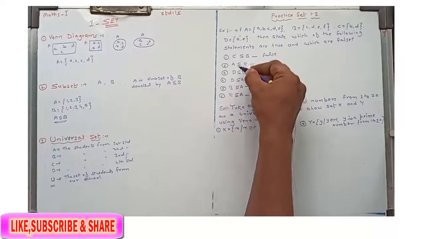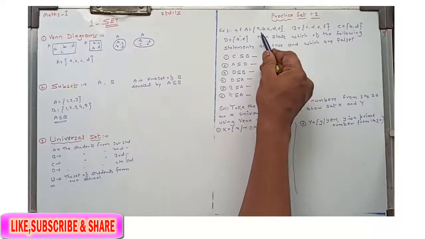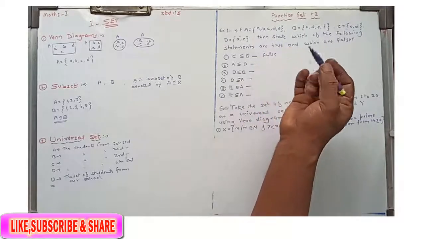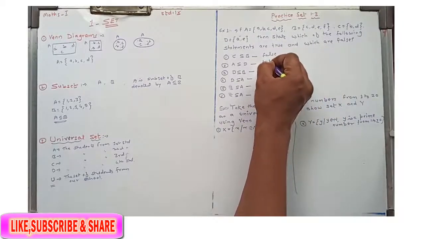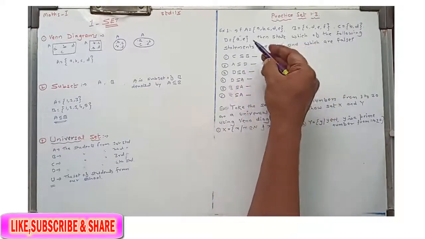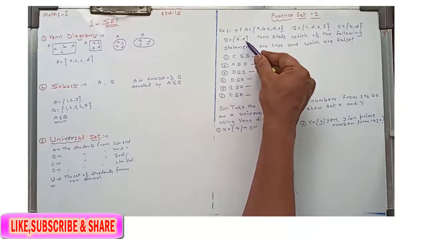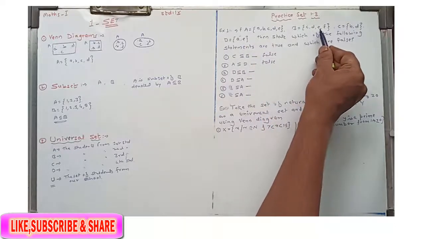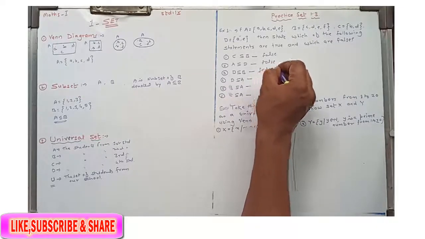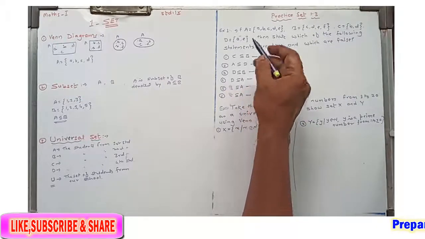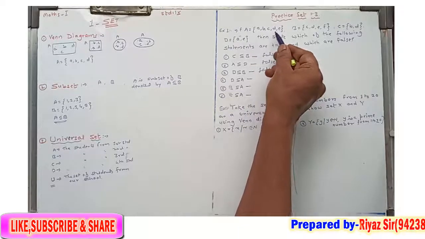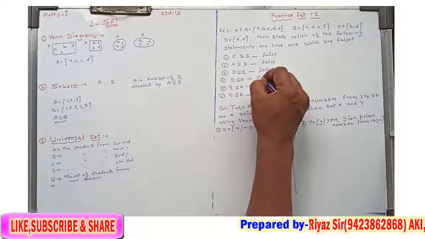Okay, now second, A is a subset of D. A contains 5 elements and D contains only 2 elements, is it true? No, it is also a false statement. Then D is a subset of B. Set D contains elements A and E and B contains elements C, D, E, F, but A is not here. So this statement is also false. Then D is a subset of A, and E is present in the set A. Okay, so this statement is true.